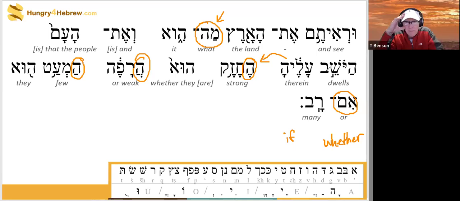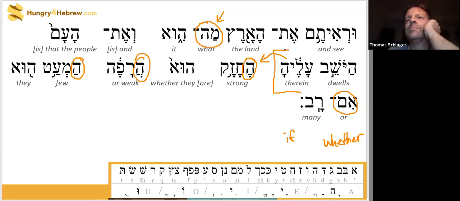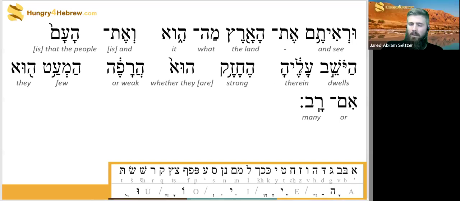Actually, if we move that double point cantillation mark from therein above strong, I might have a better case. But since it's behind it, if the double dot was over here, then that means it would belong to what precedes it rather than being disjuncted from it. I just learned something. Thank you.